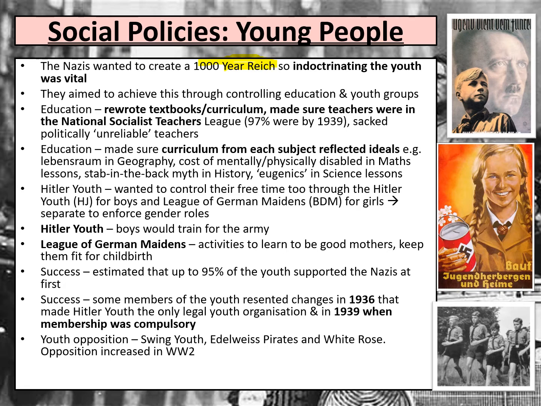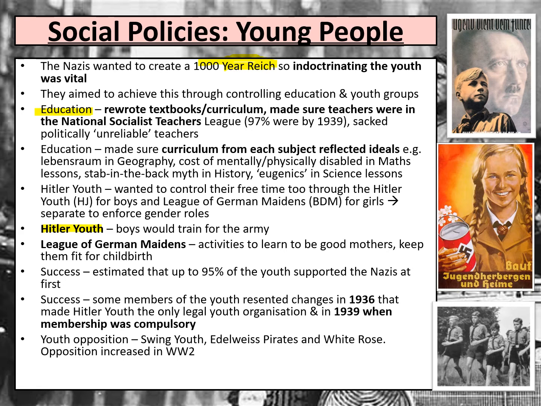And they try and push this through in two different areas. First of all, they make sure that schools and the education system is teaching Nazi ideals. And second of all, they controlled young people in their time outside of school through the Hitler Youth and the League of German Maidens. So let's think first of all about education and how they controlled what was going on